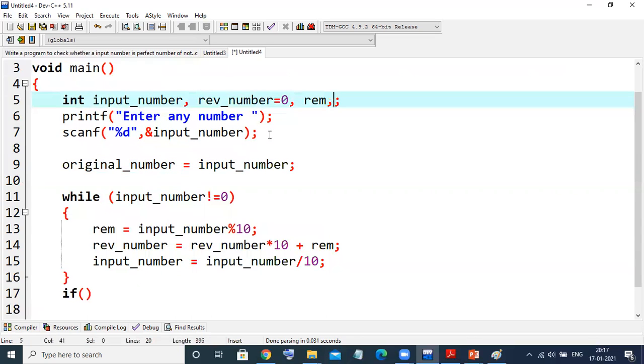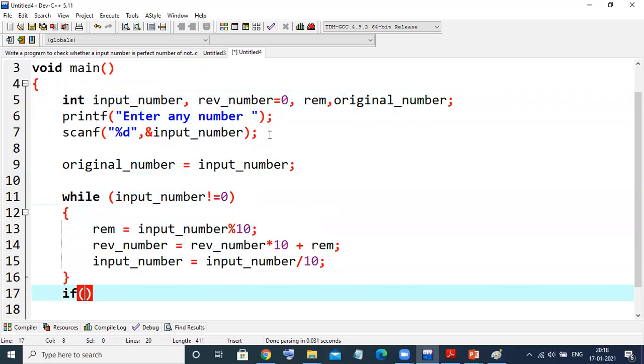Here we need to declare it, that is mandatory; you cannot use original number directly. So I'm checking here whether my original number is equal to whatever we have calculated, the reverse of the number.